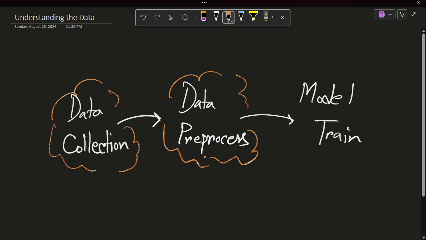If we don't know what the data set is about and what it is trying to tell us, then how can we pre-process? We are going to be doing the pre-processing on the basis of our understanding of the data. And this is where, in the middle ground, something comes, a term called EDA, and it stands for